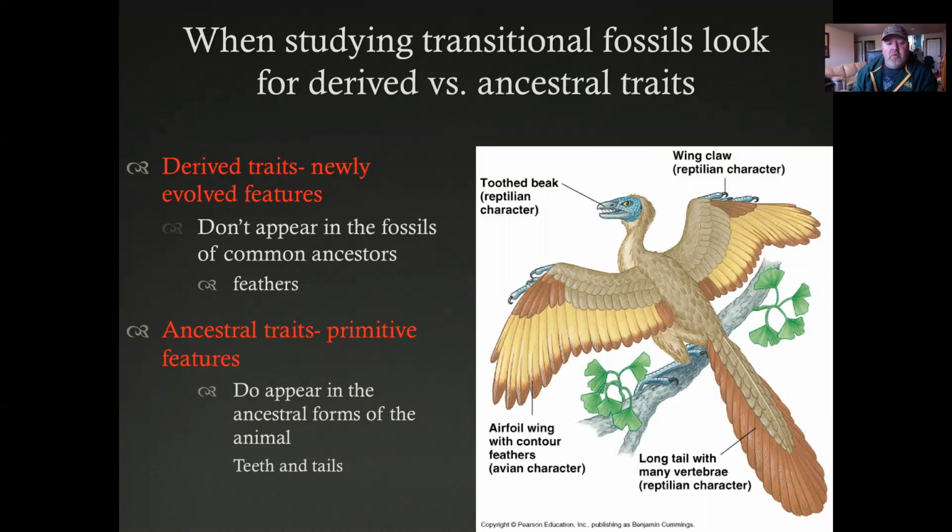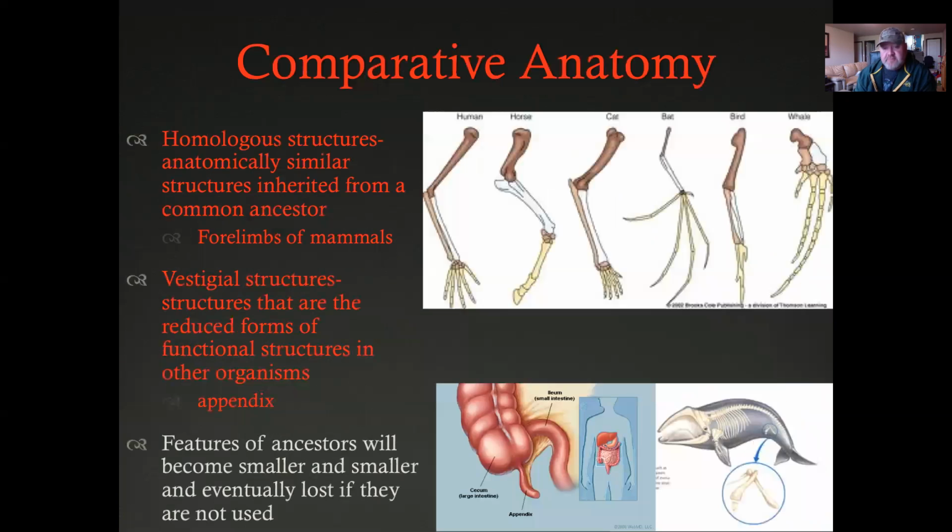you know, so feathers would be an ancestral trait for birds, right? Because birds have had feathers for as long as we've known about birds. But some of the ancestral traits, or the primitive features, would be like teeth, tails, things like that. If we're talking about dinosaurs that evolved feathers, the development of feathers would be the derived trait, because previous to Archaeopteryx, dinosaurs didn't have any feathers that we knew of.